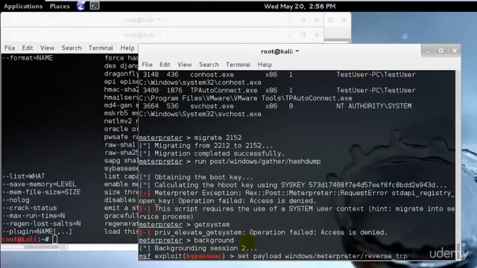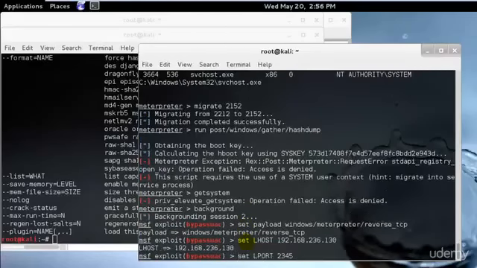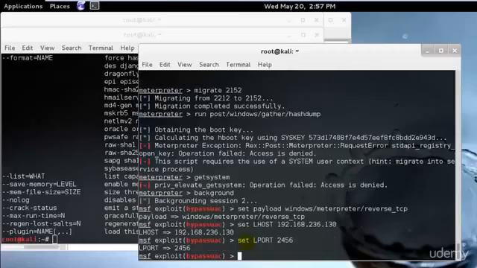I was thrown out since I did not use getsystem quickly. So I'll just set host, set LPORT 2346. I'll just type 2456. And I'll use